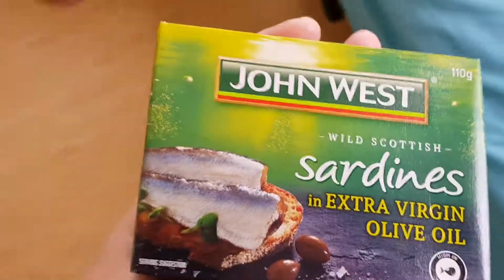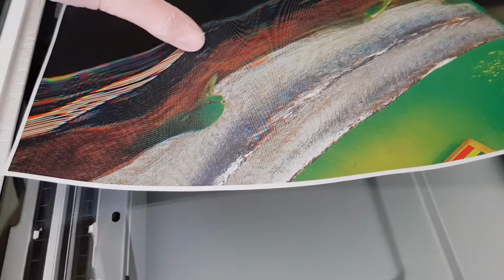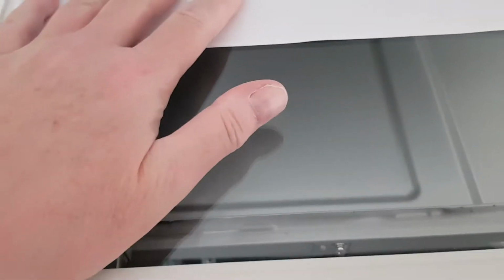They're still in their packaging. So it'll be interesting to see how these ones go on toast. They should come up a treat on toast. So now we're just going to try and catch this area here somewhere to make it look really nice. But basically,